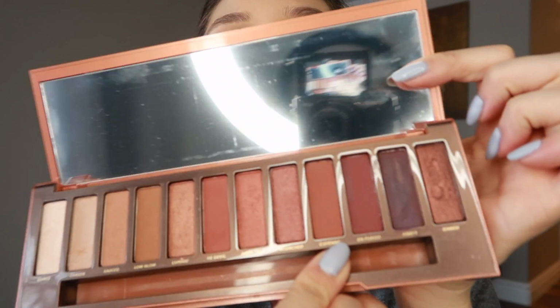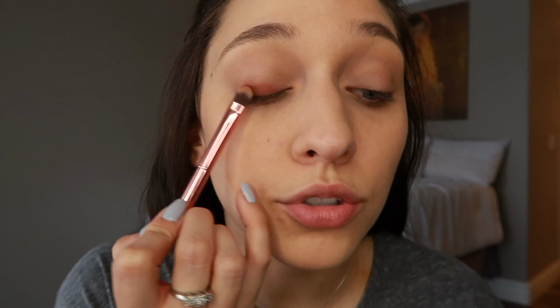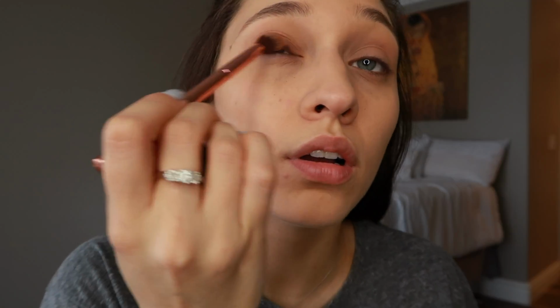So I'm gonna go in with this color, Cayenne, right here. I'm gonna pick that up with my brush, and we're going to apply it right here. You're going to pat, you are not going to brush, you just want to pat it right into your lid here. And then with a blending brush, you're just going to circle around that first color. So once you have this completely blended out all over your lid, you want to go in with